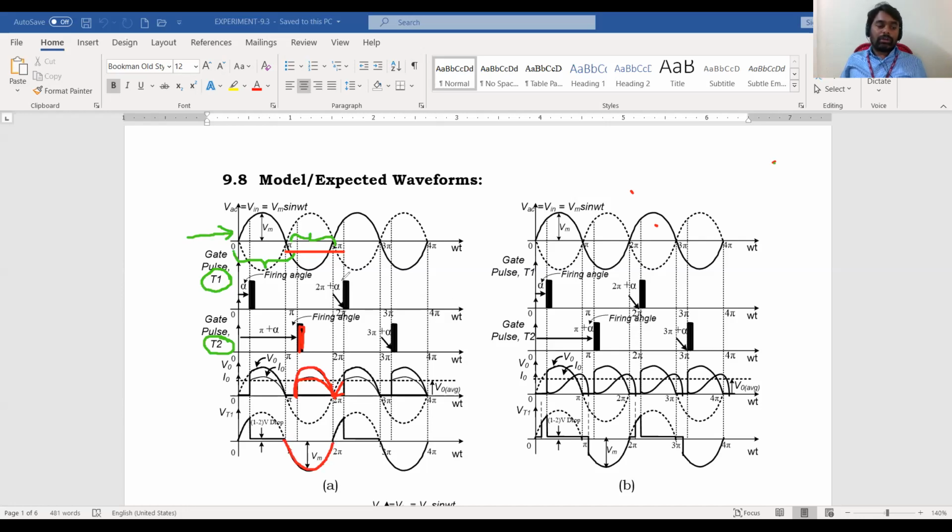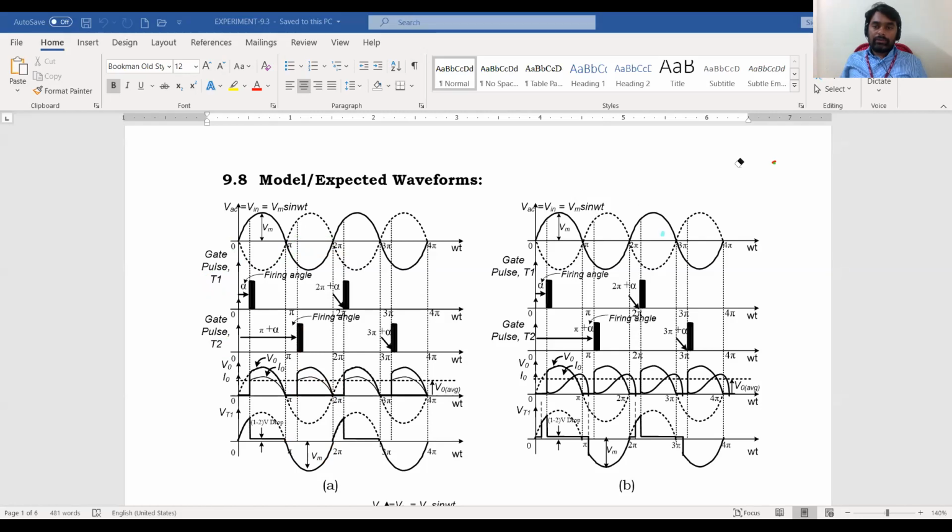Right. So this is about R load. Now we'll focus on RL load. It is just similar to the single phase full wave rectifier. For R load, you will get the same waveform, and even if you derive the average output voltage, it will be the same. RMS output voltage is also the same. We'll derive these expressions during class session.